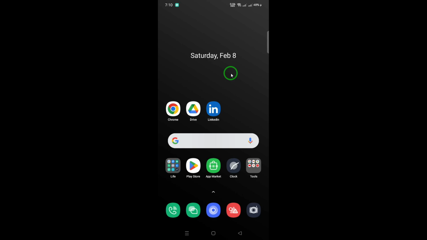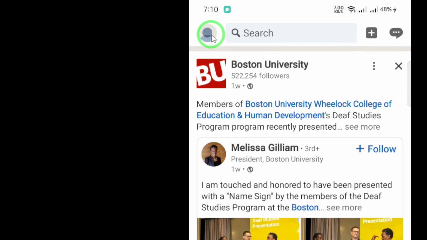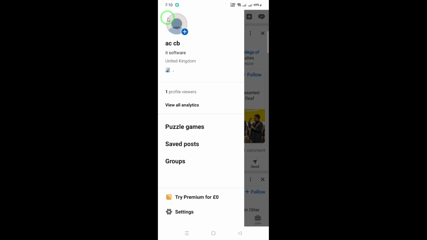So, let's get started. First, open the LinkedIn app on your phone. Once you're in, look for the Me icon. It's usually located at the top left corner of your screen. Tap on it. This will take you to your profile page, where you can access your settings and other account